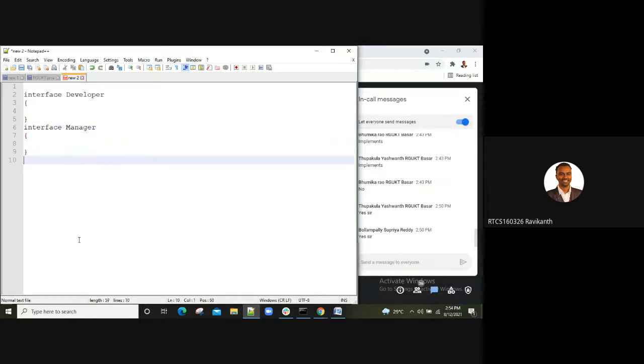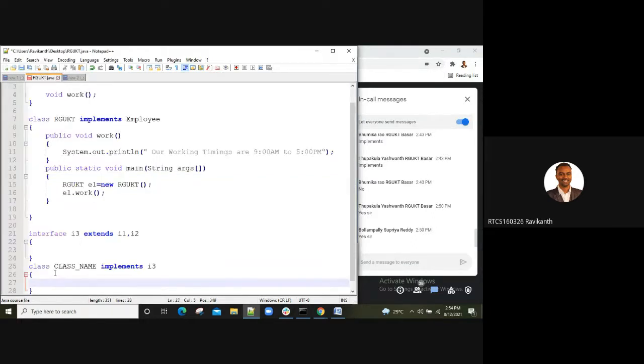So let's prepare the structure. I've given two interfaces now. Now what is my task? I'll write class Employee implements Developer, Manager. I'm following this structure, right?